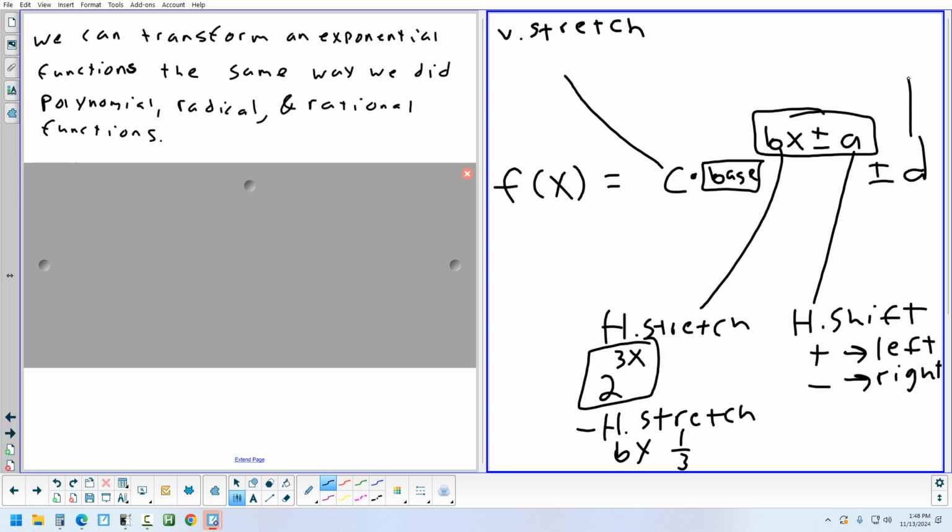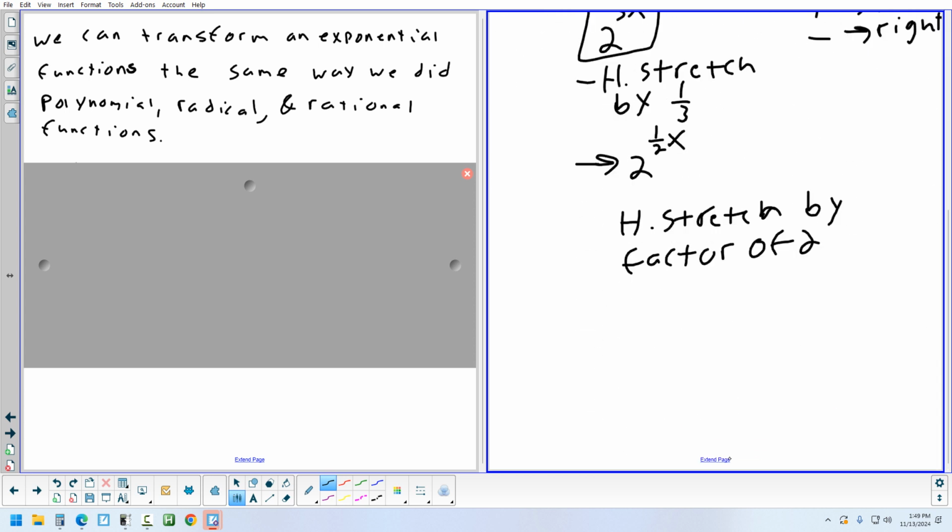What about D? It's on the outside. That's your vertical shift. Positive is up, negative is down. Now, last thing I'm going to add, what if